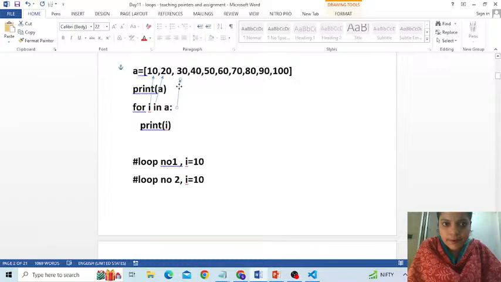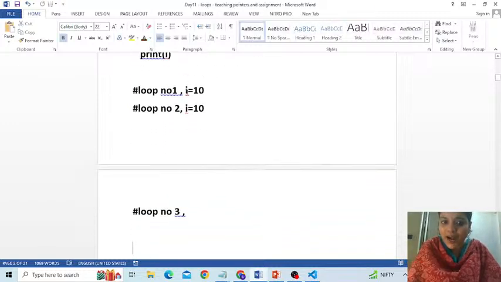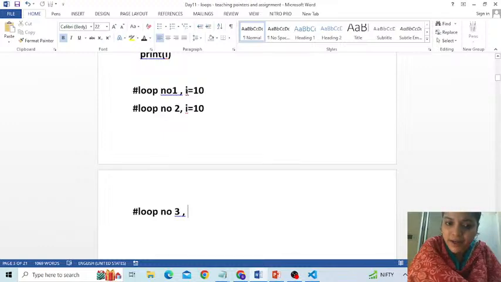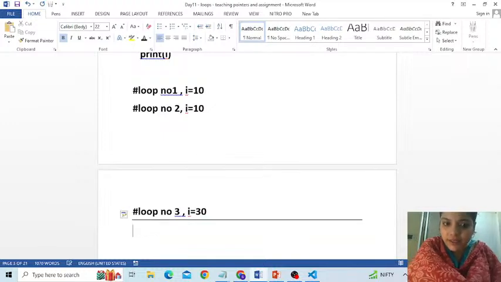I may not be putting these arrow marks perfectly, but I hope you understand that. So in the third loop, i takes the value of the third element, that is i is equal to 30. Similarly, going on this way, in loop number 10, i will take the last value,